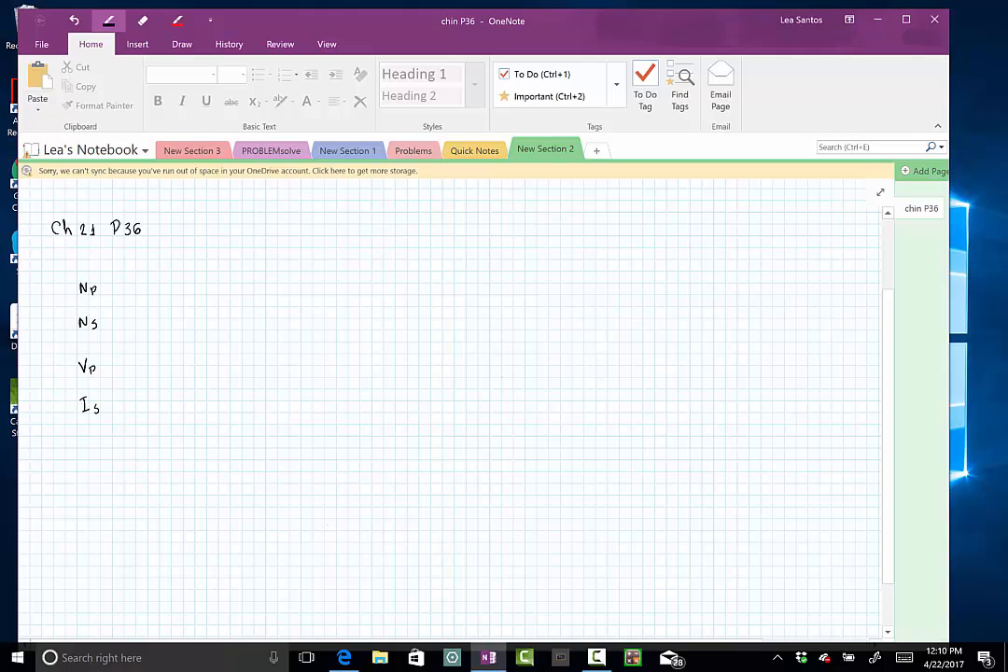Okay, and from that, they want to know the output voltage, so they want to know VS. And they want to know the input current, so they want to know IP. That's it. So it's not a hard problem, but it's a good excuse for us to review what we saw